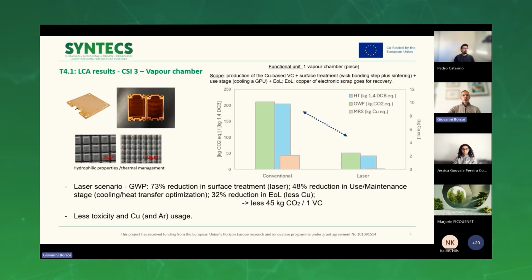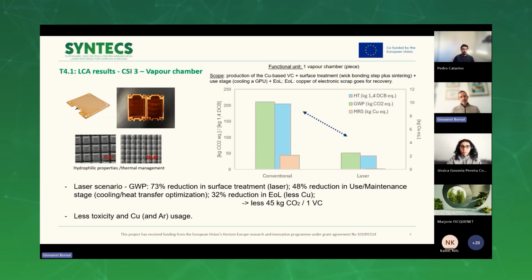When we skip to the third case study, even in this case, we can see that the laser scenario can provide a reduction of CO2 emission up to 73%. And we can see that the main focus was on the use and maintenance, so on the optimization of the heat transfer. And in general, also the end of life. So due to the less usage of, for example, copper, it can reduce up to 50 kilograms of CO2 per piece,